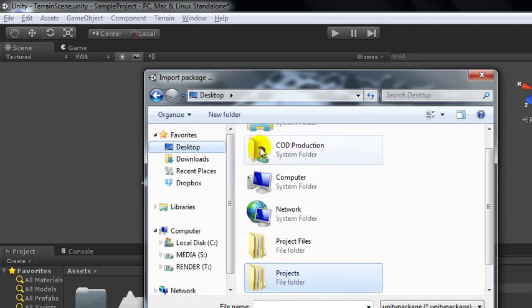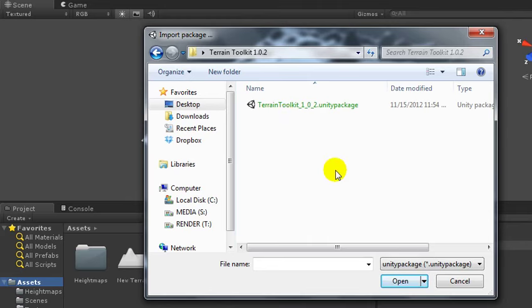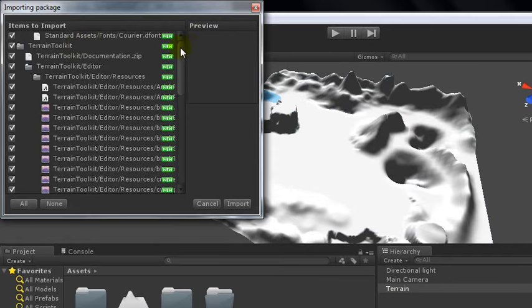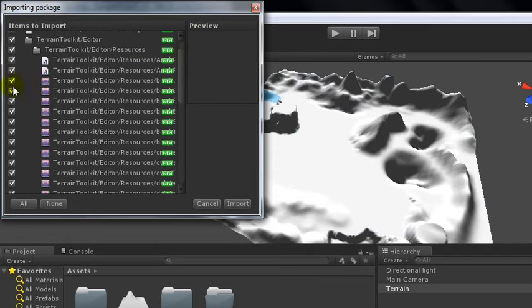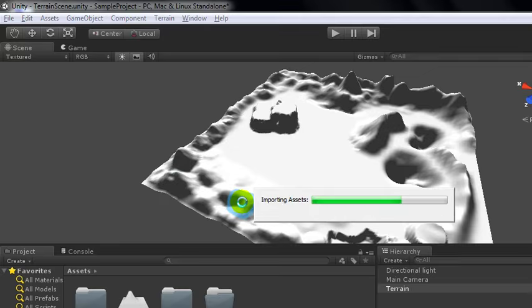I'm going to select my desktop, and I'm going to select the Terrain Toolkit folder. Wherever you happen to save that to, you're going to want to grab that. I'll select the Terrain Toolkit, and I will hit open. Now I have a list of all of these things, and I can choose. Like maybe I don't want that file or whatever. I'm going to grab all of these for now. I'm just going to go ahead and hit import, and it's going to bring all of these into my Unity